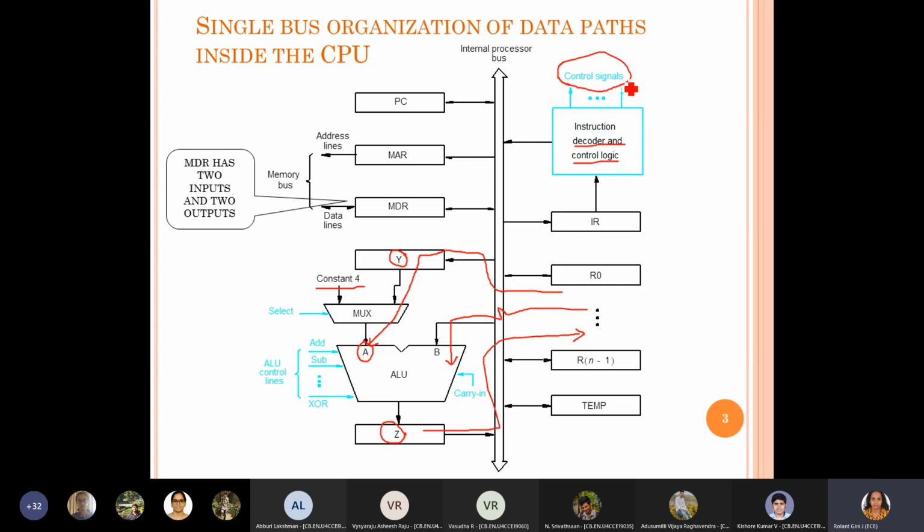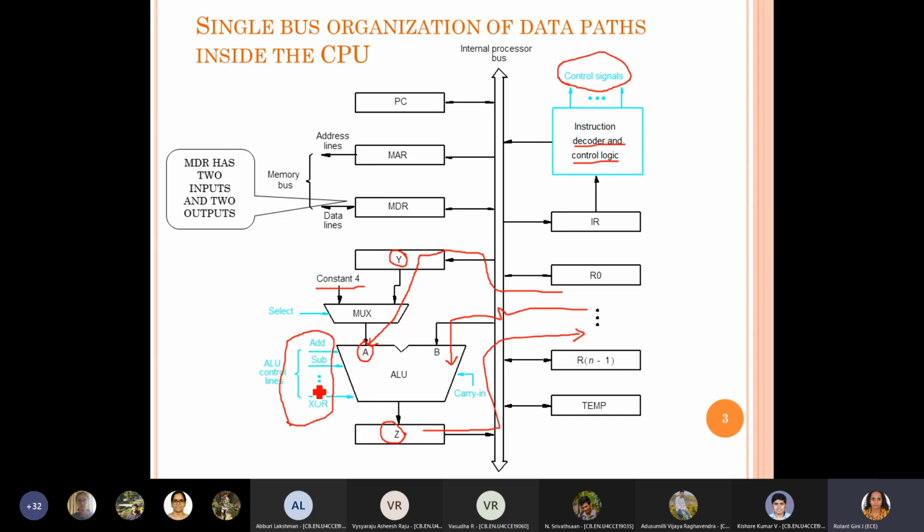Here you can see that the control signals, whatever we are looking at as control signals, are part of those control signals. It doesn't mean that only these signals are getting generated. These are one set of control signals which will be part of this set.